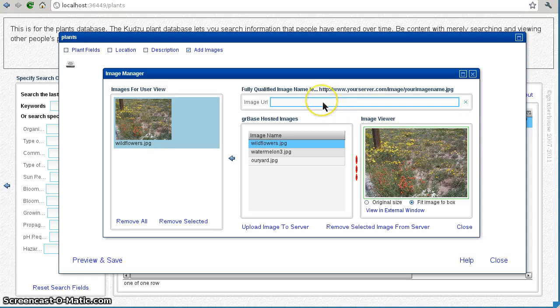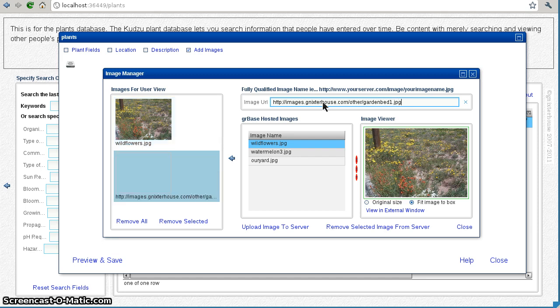Okay, pasting didn't work, so I'm going to type it in there. I'm going to type http://images.nixterhouse.com/other/gardenbed1.jpg. And now when I hit return,